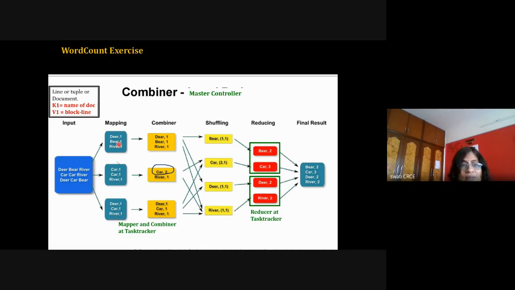Okay. Now these keys are shuffled and they are going as input to the reducer. But in order to improve the performance of your system, sometimes the programmer also writes the combiner. So combiner and mapper reside on the same data node. After the mapper, the output can be given to the combiner, which will combine these values. So you may extend your mapper and write a combiner also, which will execute at the mapper data node.